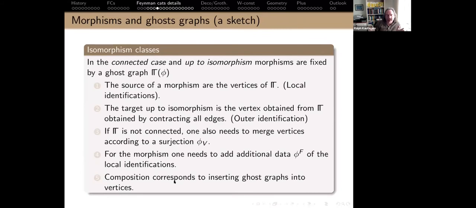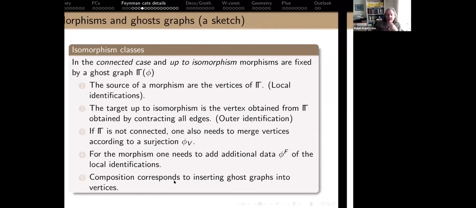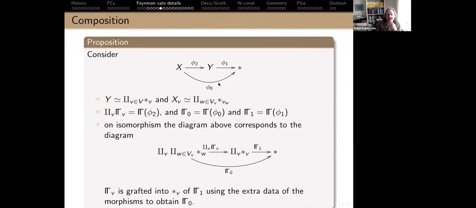Automatically, without doing anything, I can look at what happens to the graphs. I take two morphisms, and I compose them. I can look at the graphs of these two things. So I'm in the connected case, which means this graph will be connected, as you think. The second graph here will not be connected, but it's going to be the disjoint union of connected graphs. That's this hereditary axiom. And then I can ask, what if I plug these two things together, what is this graph? It has to be a connected graph again.